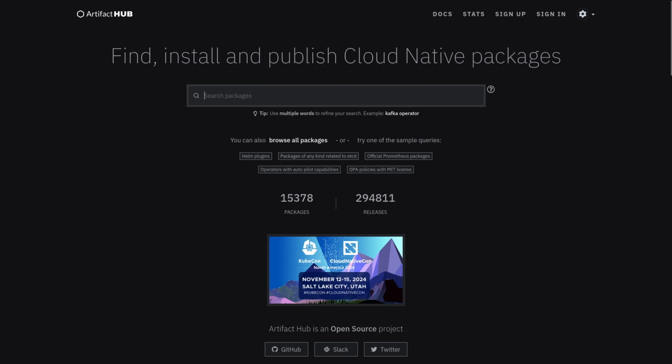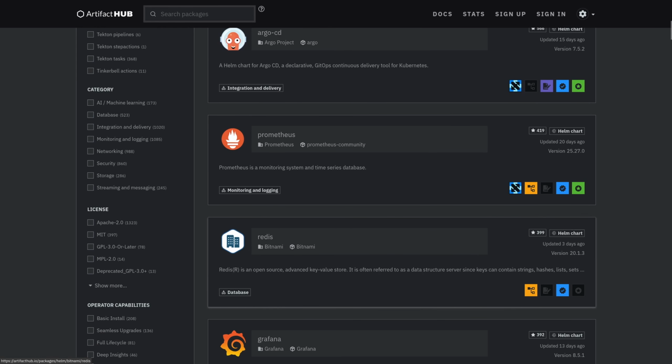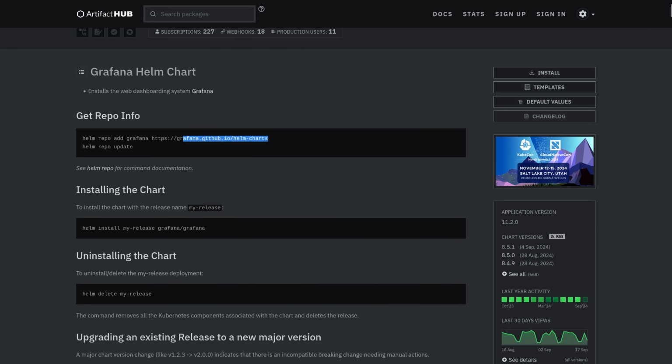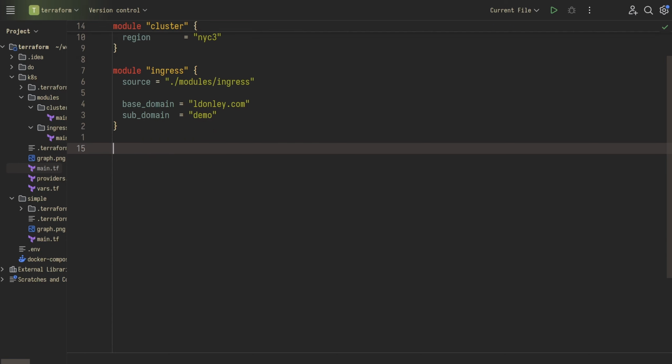So if we go to Artifact Hub, browse packages, and we can find something that looks interesting. How about Grafana? Grafana is, I think, fairly easy to install. Now the question is Grafana something we want to install a bunch of times, or is it going to be just this one-off? And so if it was going to be something we'd use a lot, we could set up a module for it if we wanted to. In this case,